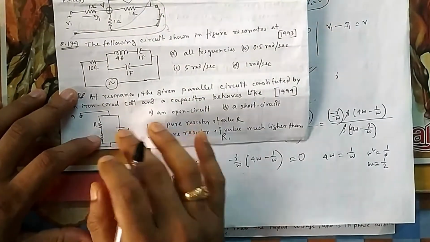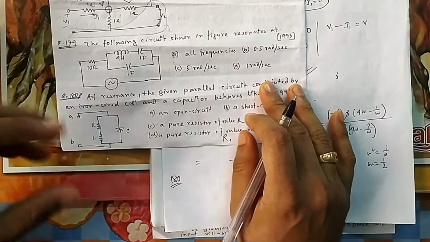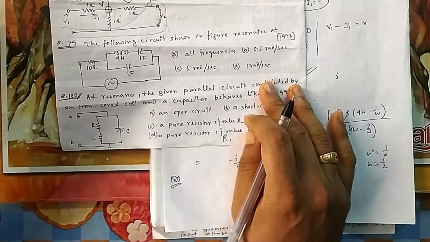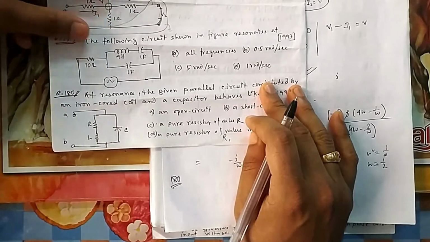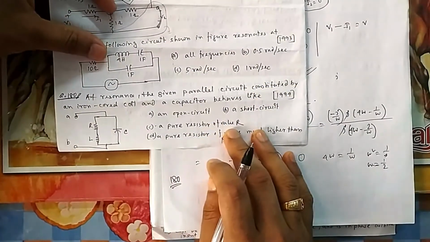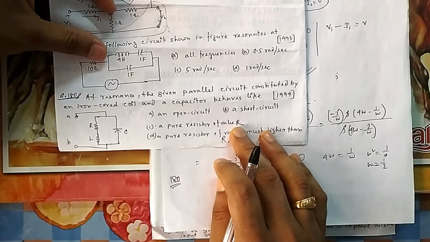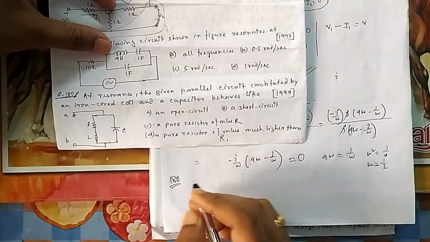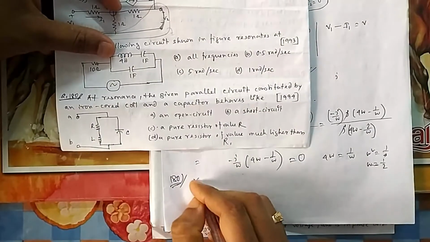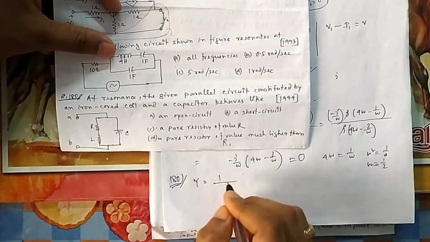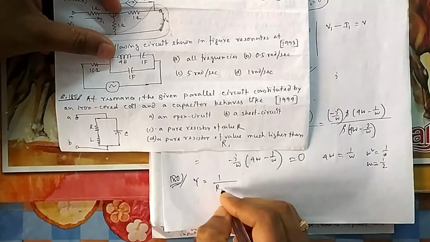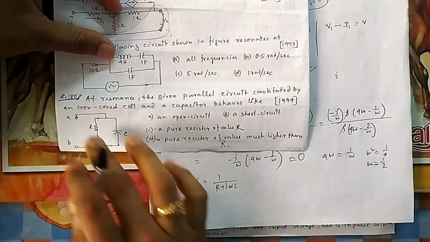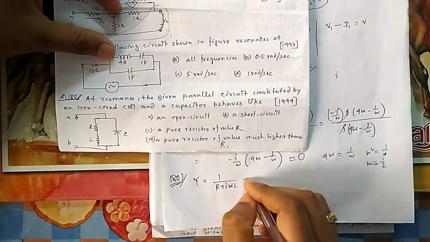Or in case of parallel, generally we calculate admittance. That gives an easy way, our calculation becomes easy. So it will be a pure resistor, but you don't know the value of R, whether it will be value of R or greater than R. So for that you need to calculate, because it is parallel, so we will be calculating admittance, because admittance will give me a good easy way to do this one. In case of parallel, we always prefer admittance.